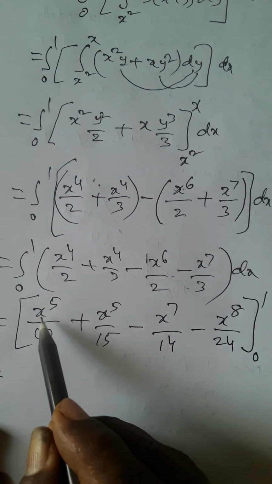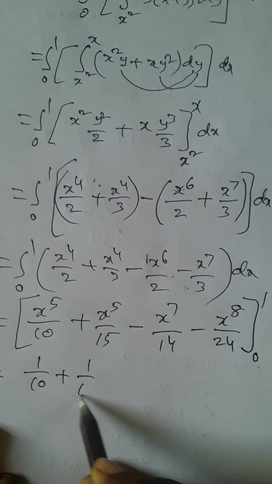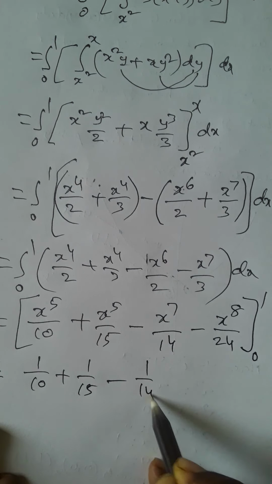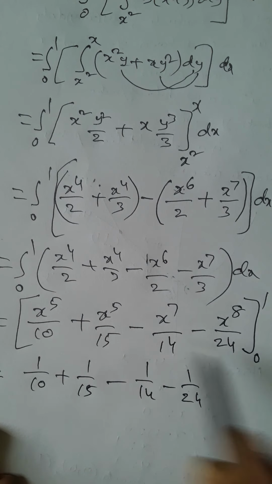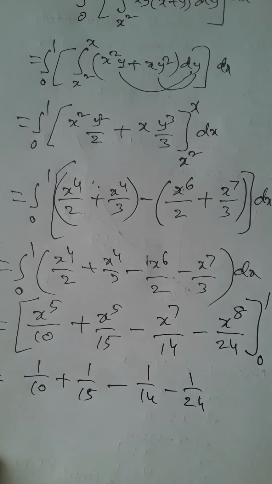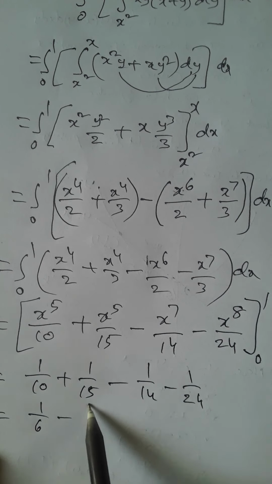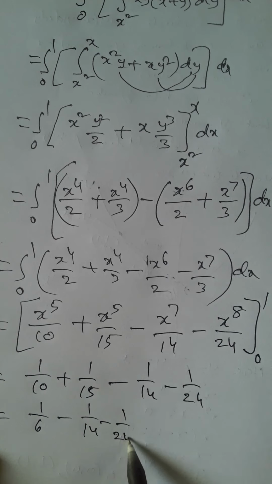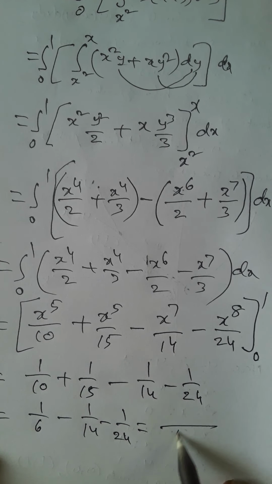Substituting the upper limit, instead of x you write 1: 1 by 10 plus 1 by 15 minus 1 by 14 minus 1 by 24. Substituting 0, we get 1 by 6 minus 1 by 14 minus 1 by 24, which is equal to, with LCM 168,